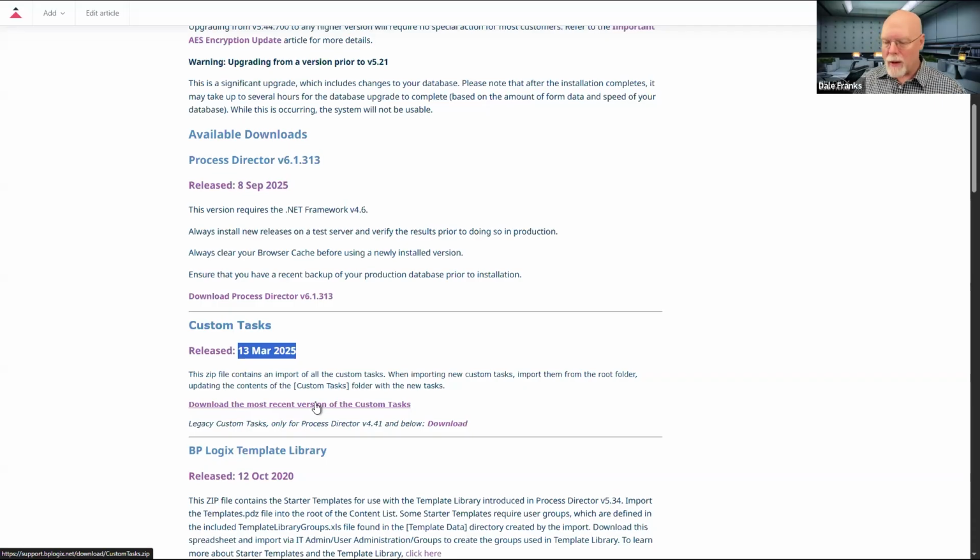For example, one of the newer custom tasks that we have is the export to CSV from REST, which takes a REST web service call from a business value, for example, takes the data from that web service call, which you'll receive either in JSON or XML, and will convert that data into a CSV file, which you can attach to your process or your form.